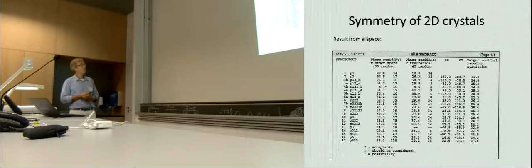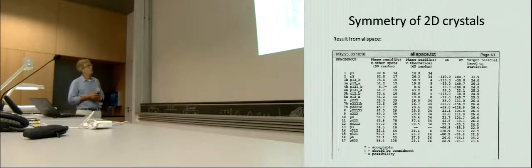So in this particular case, for instance, we see that we have a phase residual of, let's say, 52.5 for a two-sided plane group with a rotational axis perpendicular to the plane of the crystal. And there are 17 comparisons for this